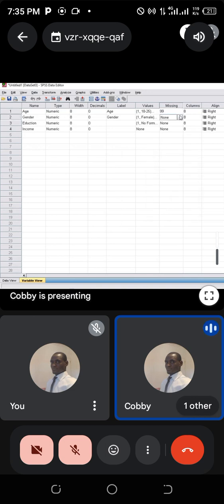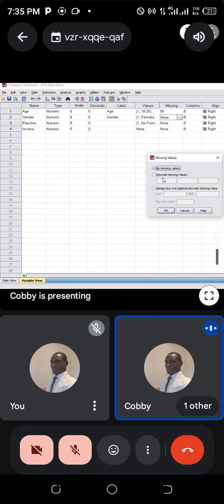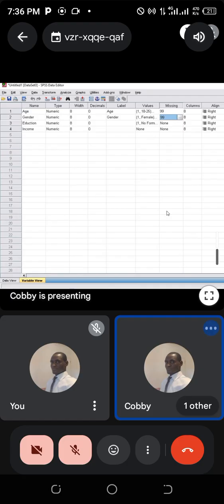Also here you can put 99. So wherever there is a missing value, you are going to put 99. If someone did not put the information about that variable, SPSS will be able to recognize that this 99